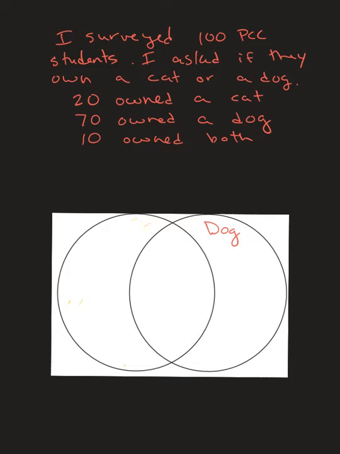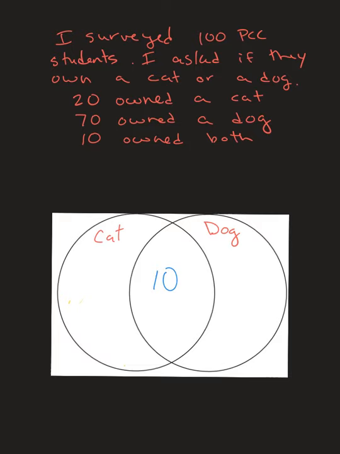Okay, so put cat back. And the same thing with dog. 70 owned a dog, but that has to go in the entire dog circle. What I can use right away is 10 said that they owned both, right? So 10 owned both, so I'm going to write the number 10 here. Okay. And now that I know that 10 goes in the middle,